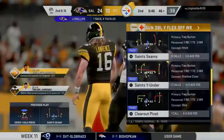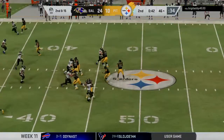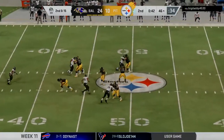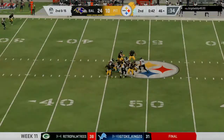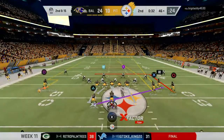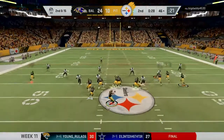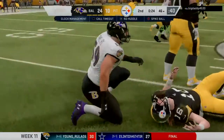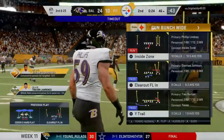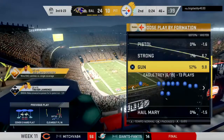On plays like this where the ball comes free, it's often unusual for the team that lost it to get it back, because this is the quarterback. The ball gets away from him. Everyone else is trying to execute what they're supposed to do on offense. They're usually looking in the other direction, downfield, or have moved away from him. In this case, though, the teammate is able to come up with the ball. And he's going to go down again. Now the Ravens are going to use one of their timeouts as they'll stop the clock with 24 seconds to go